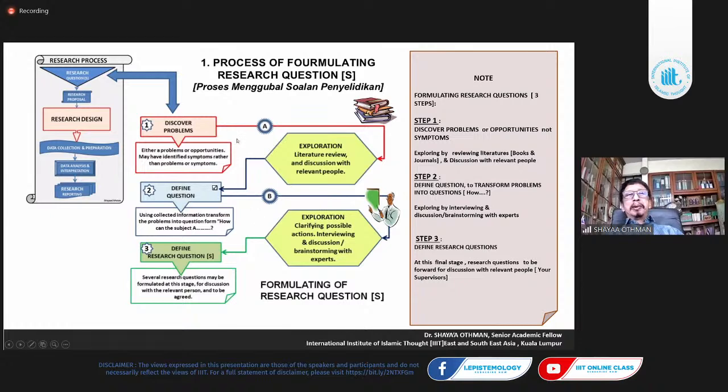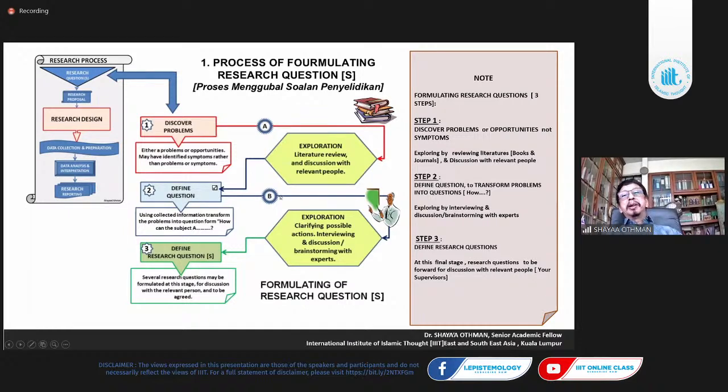Okay, if I could recall, you identify the problem, and then identify opportunities, the area that you are going to, and then you go towards a literature review in your area of interest. You have to define, and then discuss with relevant people. If you are looking at opportunities in industry, you discuss with relevant people in industry. If you're talking about knowledge development, you can discuss with professors and so on. And then after that, you define the question.